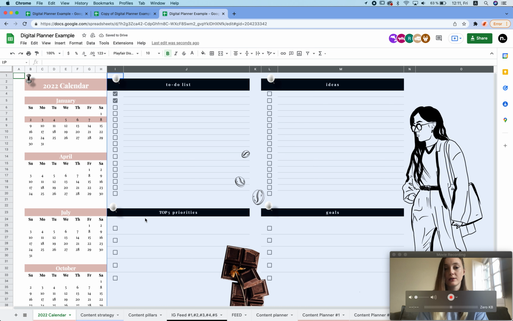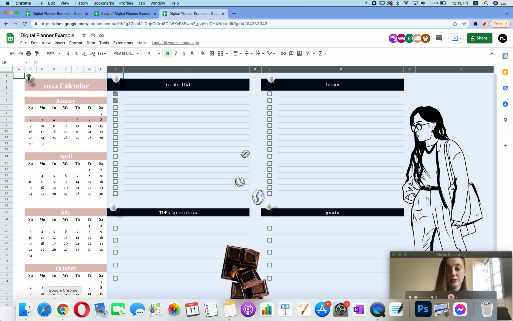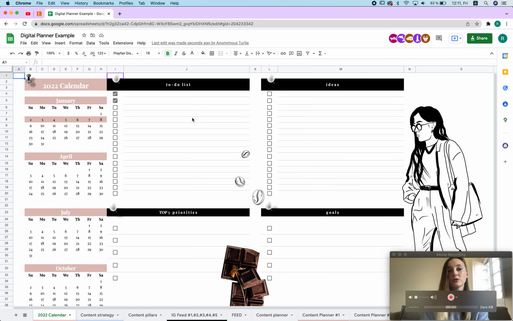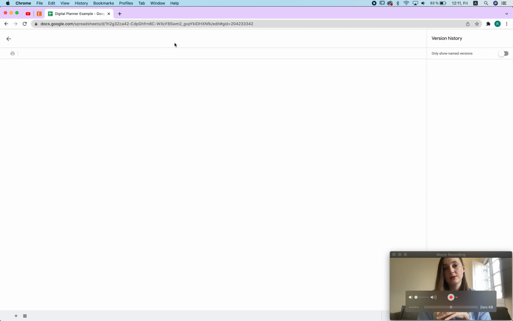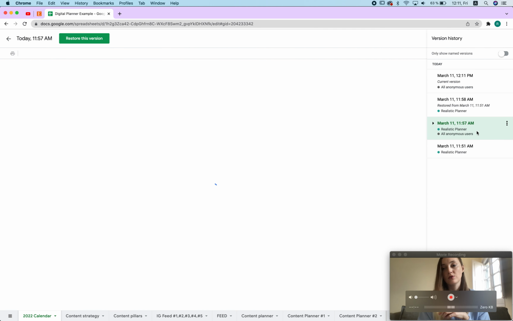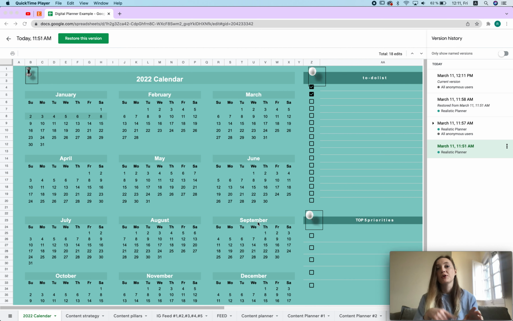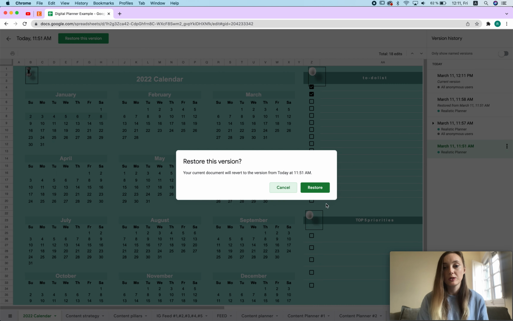So if I go back to my other account, it will make me do this. No problem. As you can see, this is gone. There was a full calendar and now it's gone. What I can do in that case is click here and restore different versions. So it's really not a problem for me to restore if I'm the editor. However, I probably wouldn't want to do that, and I wouldn't want to mess up other people's files. So if this is a template, the best way to do it